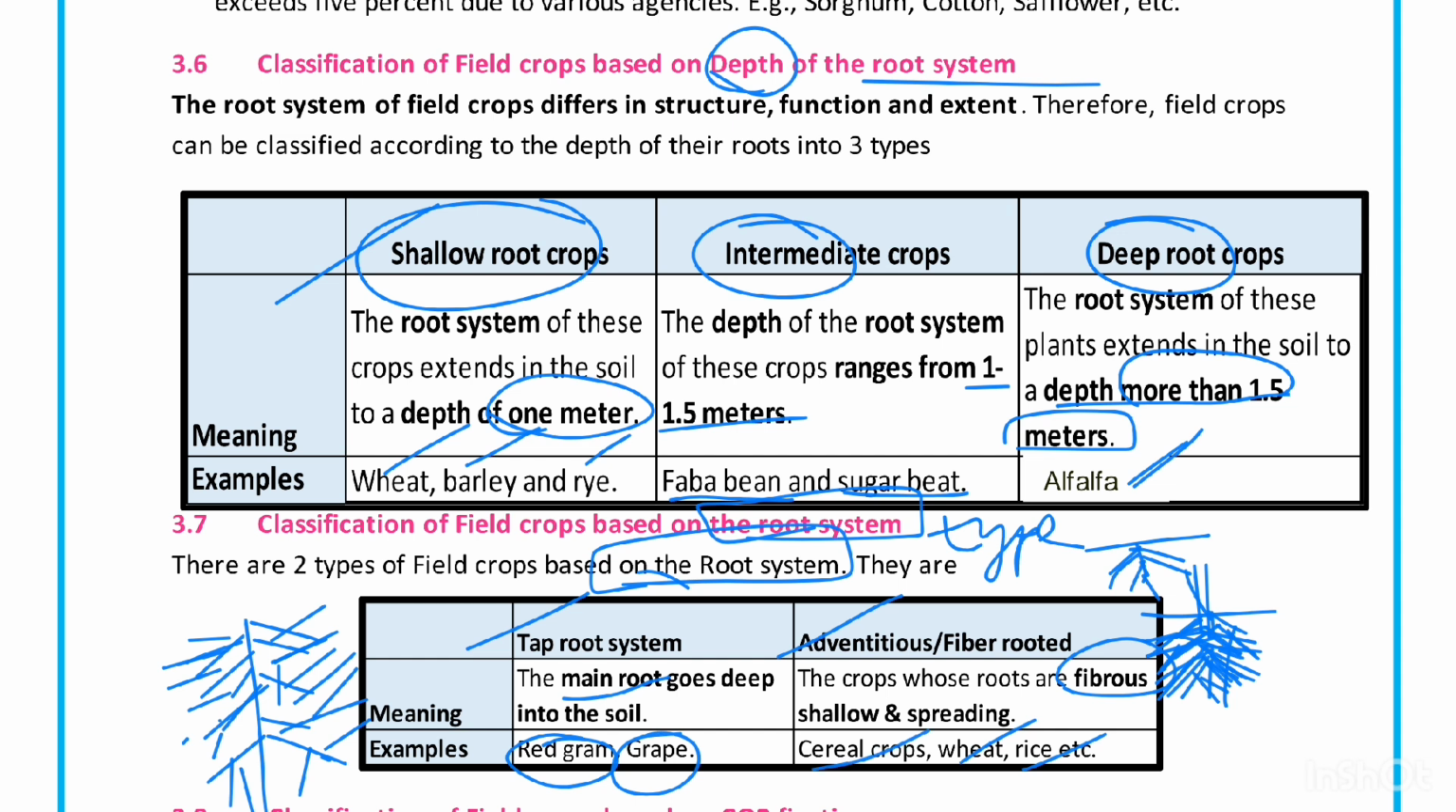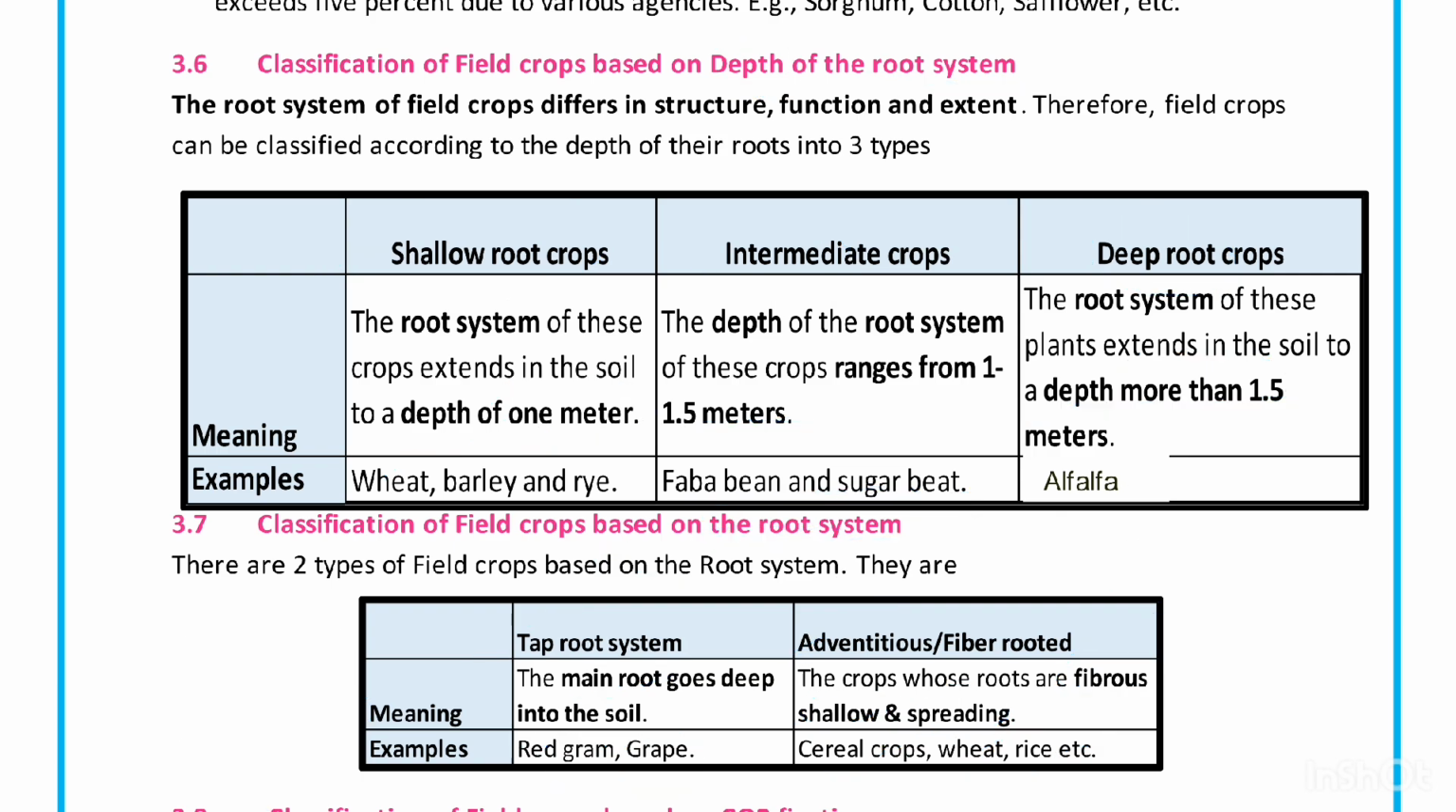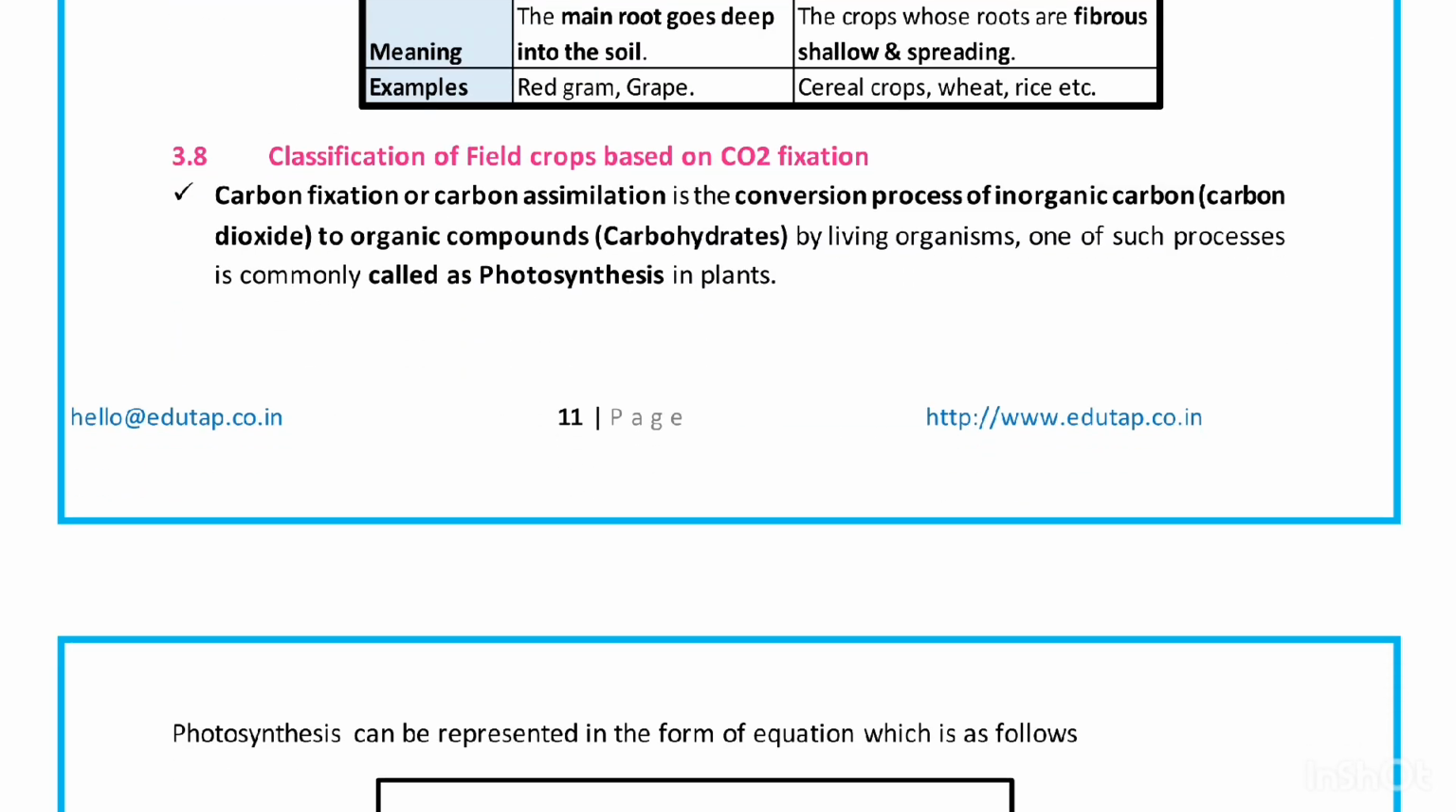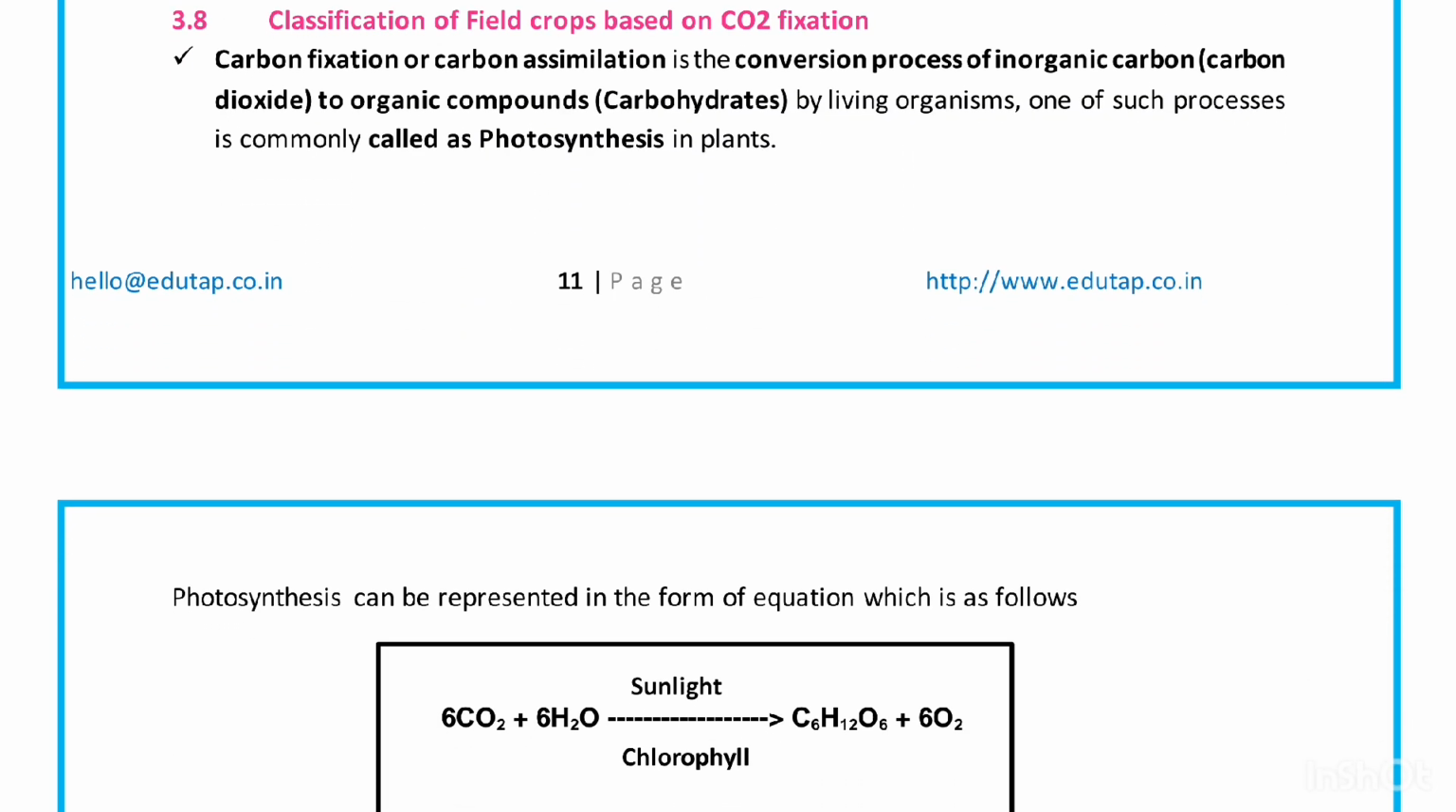Spreading type, they are all shallow and spreading type. Examples are cereal crops and wheat, rice. I hope you understand what is a taproot and fibrous root system. Next one is